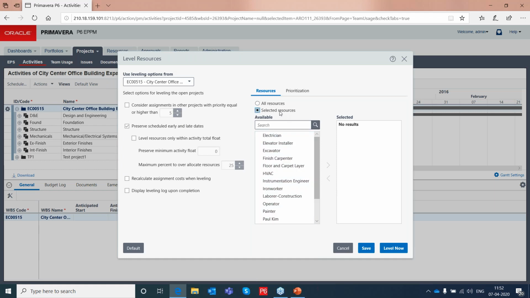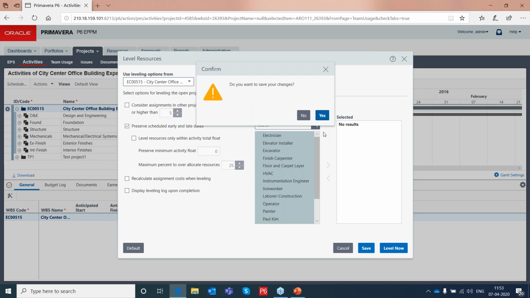You can select the resource and level for that resource alone, right? Or if you want to do it for all the resources, that is also possible. You can set the options, what do you want to have, and then accordingly you can do the resource leveling, right?